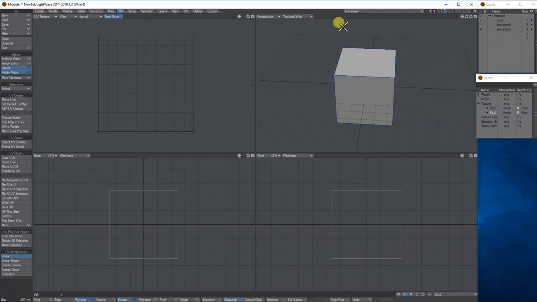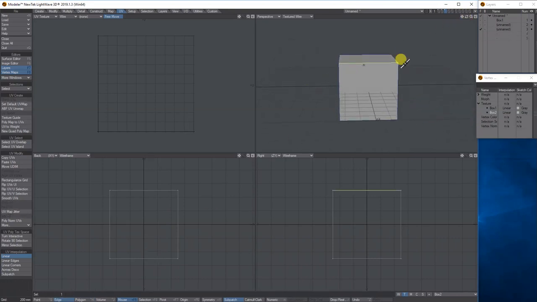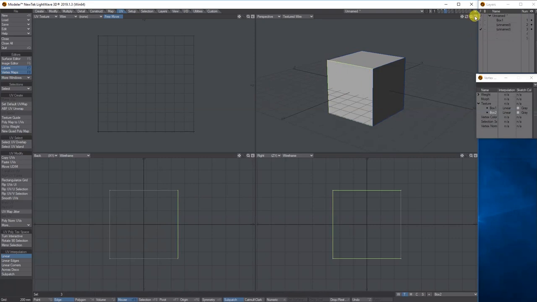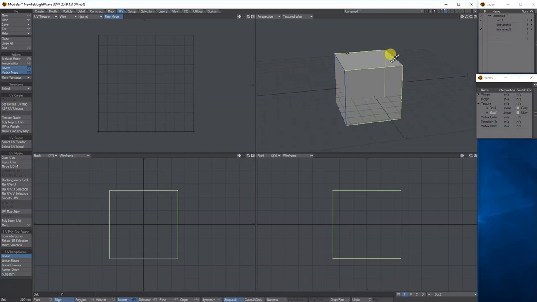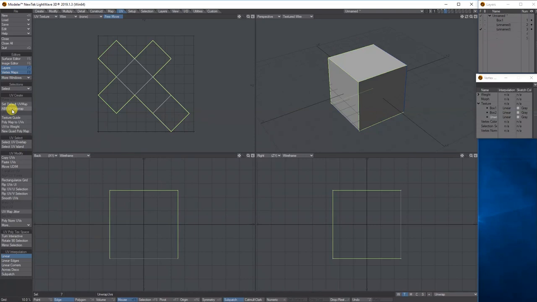So what I'm going to do is flip to the edges mode here, and I had to play around with the different options of using the unwrap, and what I've found is that if you do a C like so on each side and then one joint at the top, so you've got a C there, and a joint on top. So imagine this is going to be all unzipped. Then click the ABF unwrap, and what it does based on the seams is unwrap it. So that's all kind of one now.